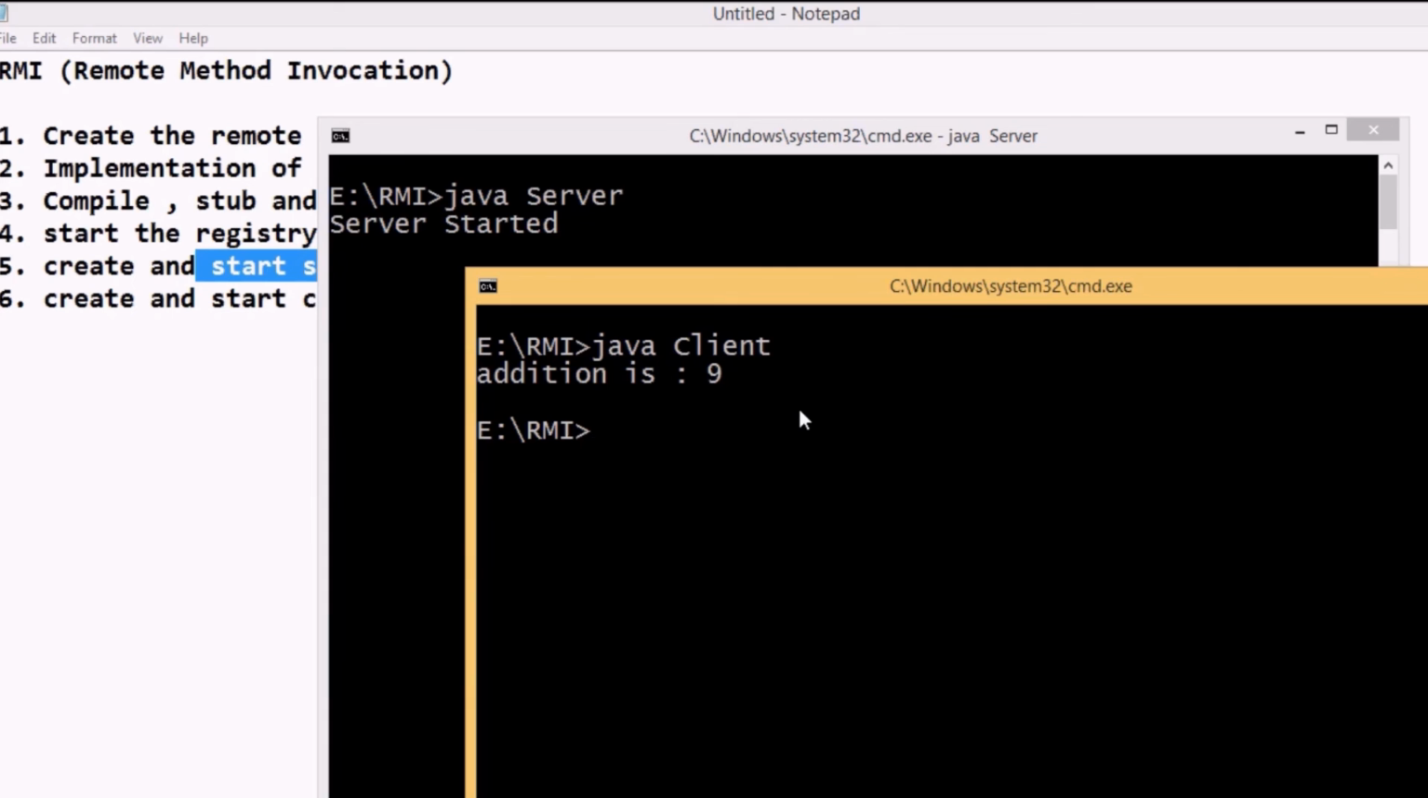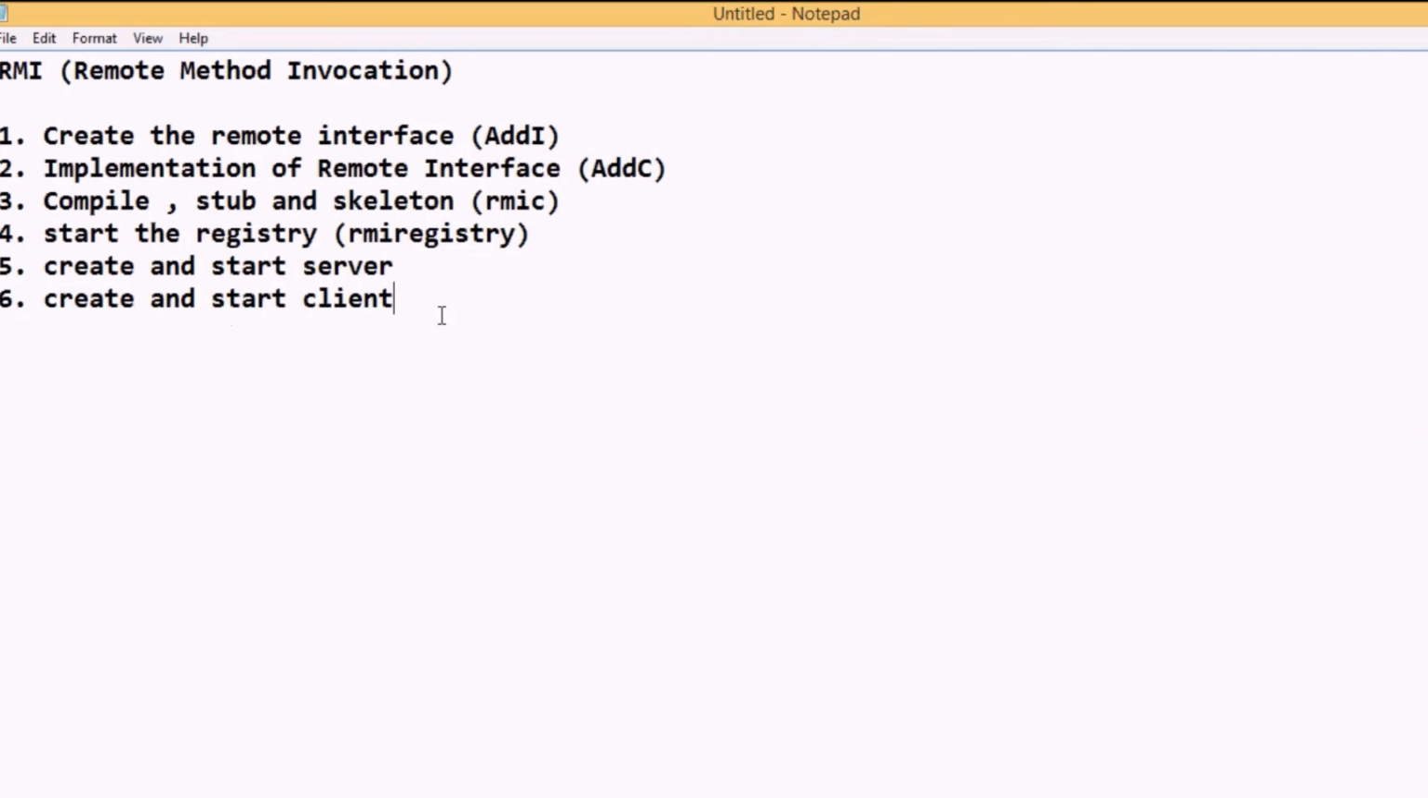Again, what you can do is you can change the logic. You can implement RMI for factorial. You can implement RMI for accounting software. You can implement RMI for financial software. You can do anything, but the basic steps are these 6. Simple, right? So I hope you got the idea of